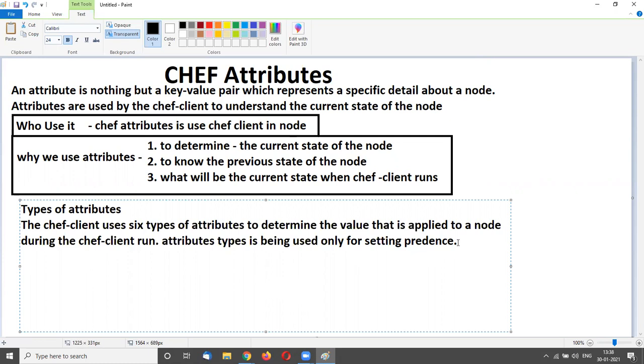So, 6 types of attributes. First is default. Second is force default. Third is normal, and fourth is override.